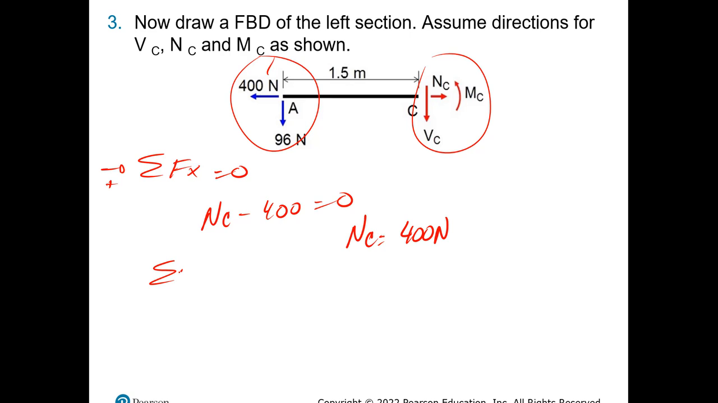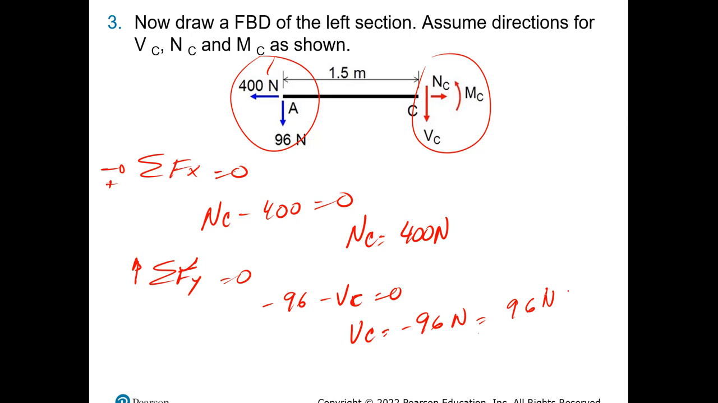So then the sum of forces in the Y direction will be equal to 0, and therefore I have minus 96 minus BC equals 0. So BC will be equal to minus 96 newtons. Okay, I know that I said I won't repeat it, but I can tell you 96 newtons going in the opposite direction, which is up. Alright, and what else do we need? We just need to do sum of moment,